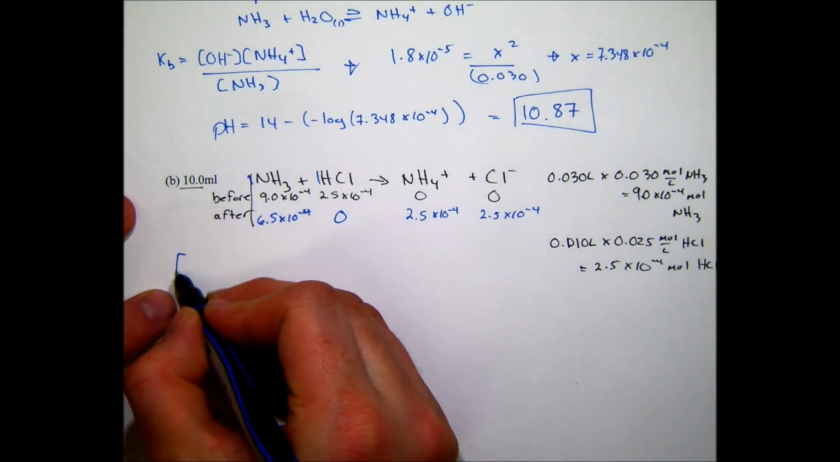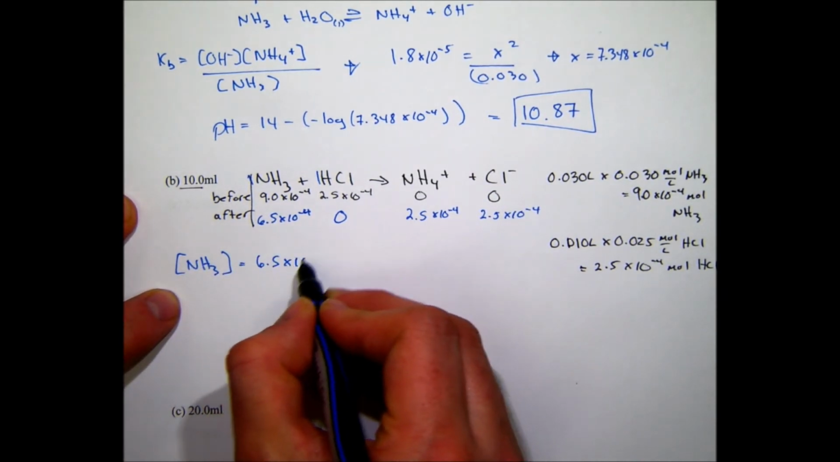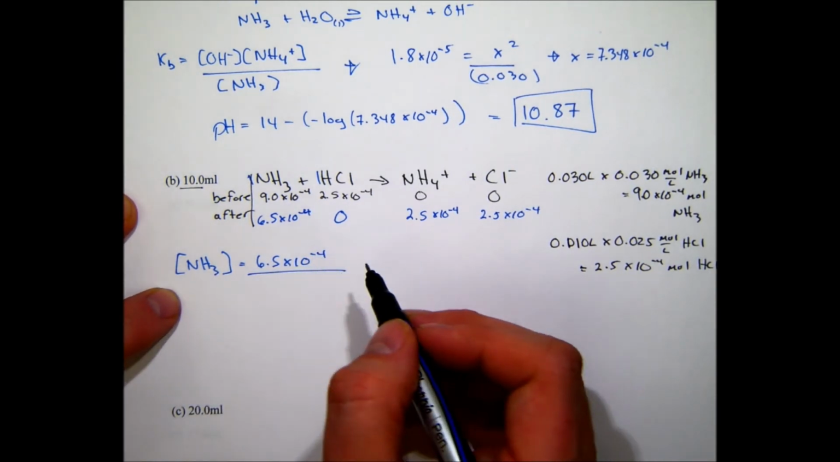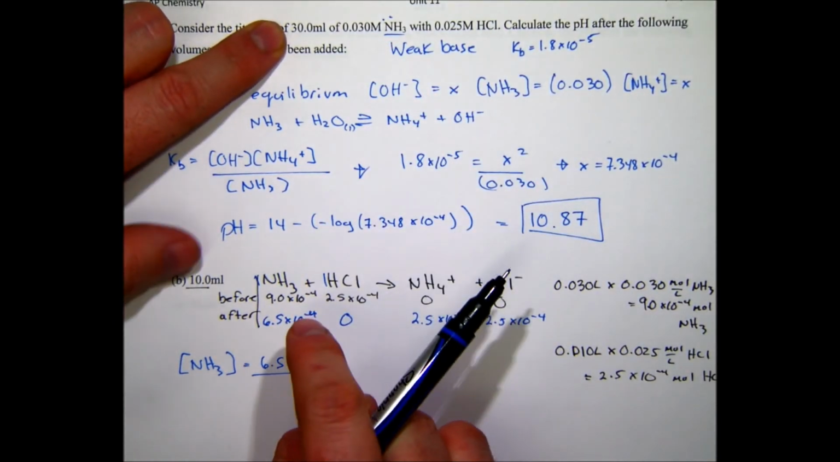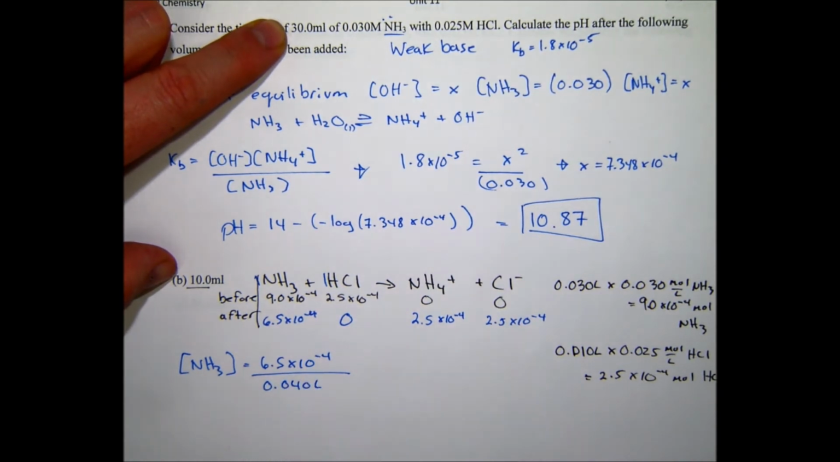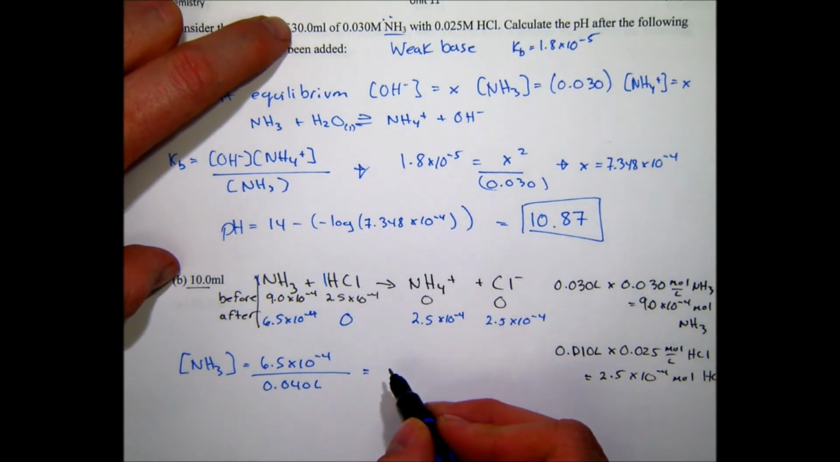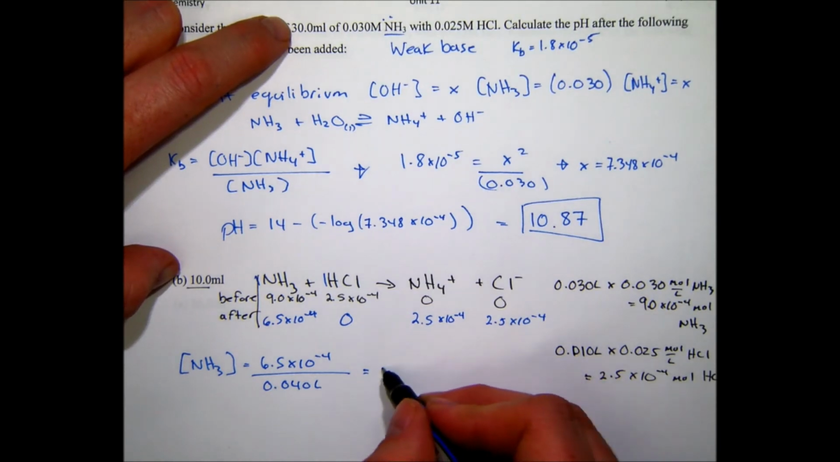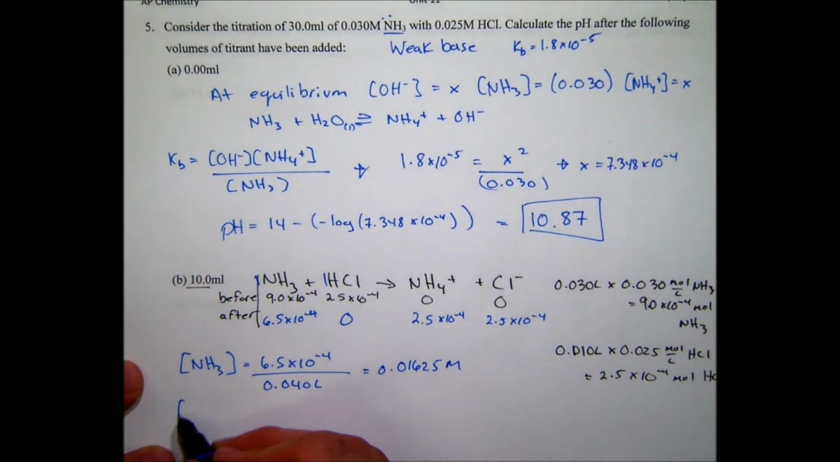So I'm going to go concentration of NH3 now is equal to 6.5 times 10 to the negative 4 over the volume. You have to be careful that you had 30 mils of base, and now you've added 10 mils of the acid. So your total volume now is 0.040 liters, or 40 milliliters. And the concentration is now equal to 0.01625 molar. The concentration of NH4 plus